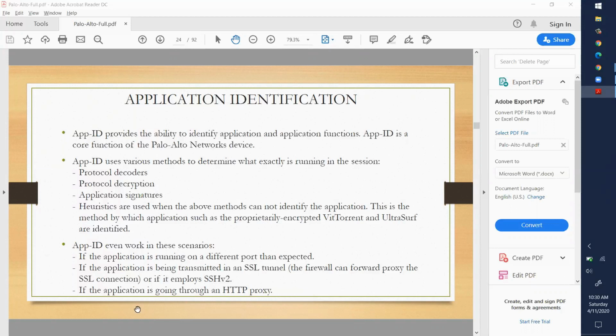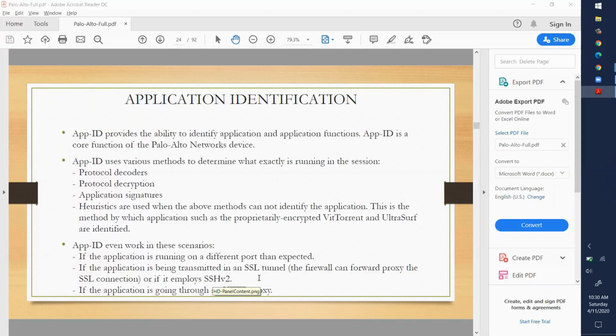Then, if the application is being transmitted in an SSL tunnel, or if it employs SSH version 2, in both cases you have an application which supports encryption. Encryption can be certificate based, as I just told you: if any application is working on SSL with any certificate, then you can decrypt, or inline decrypt, that particular traffic on the Palo Alto firewall.